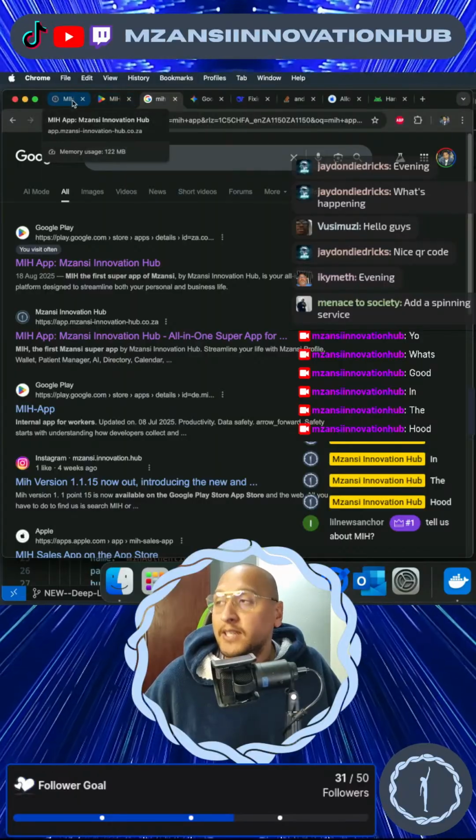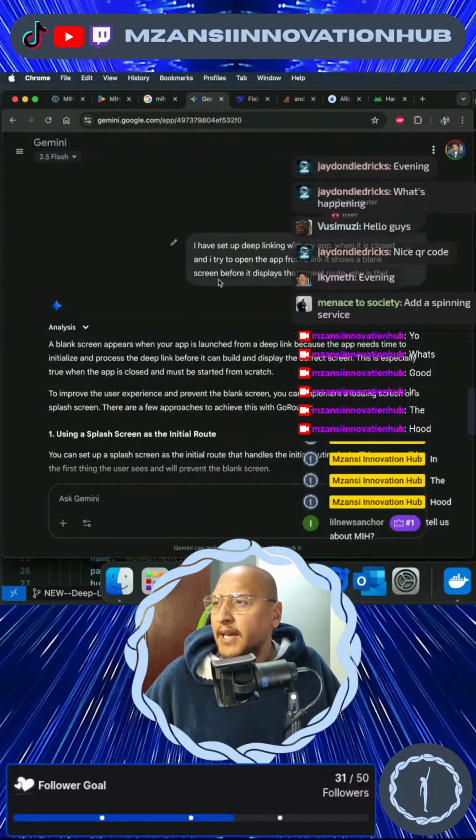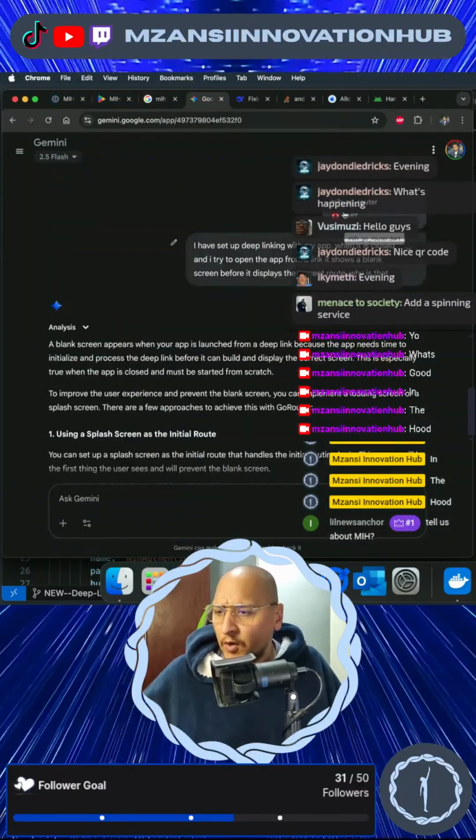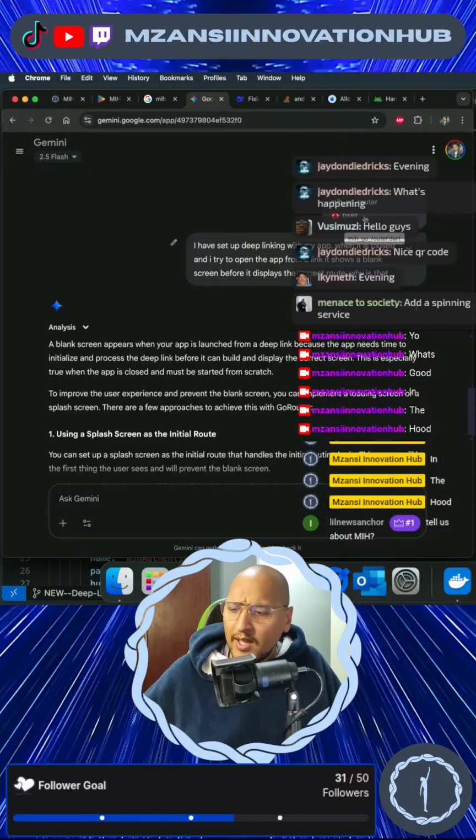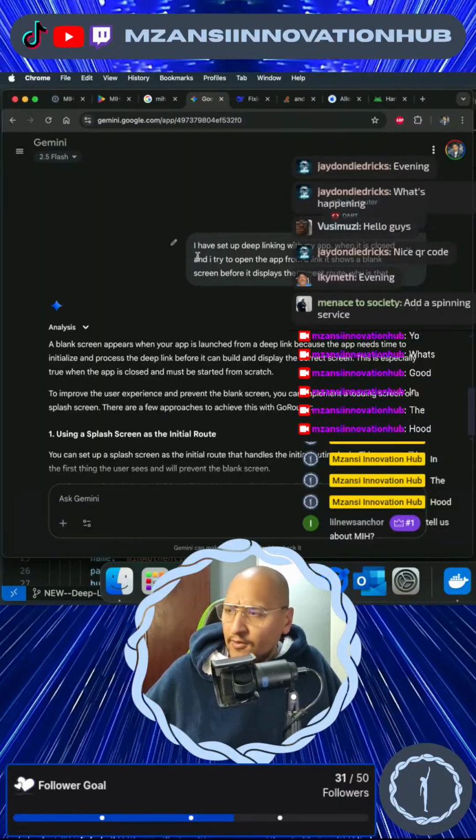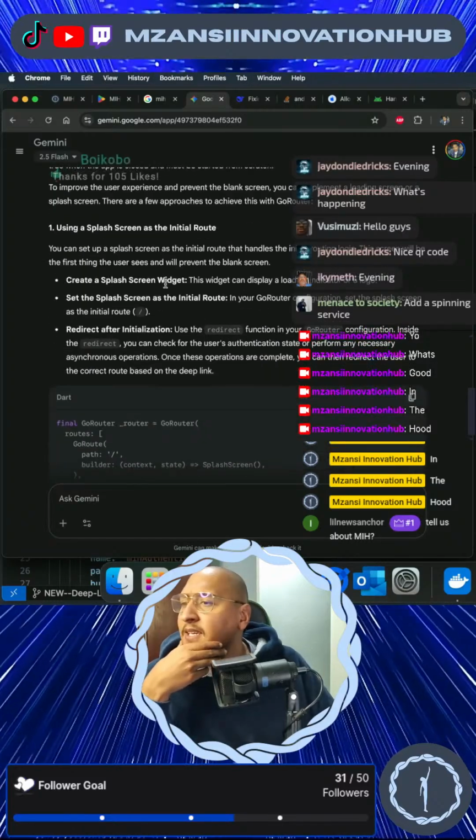But yes, let's see what Gemini was telling us. So I gave it my code over here. You can see I gave it my router code, and then I gave it a little paragraph of what needs to happen. So they're basically telling me that